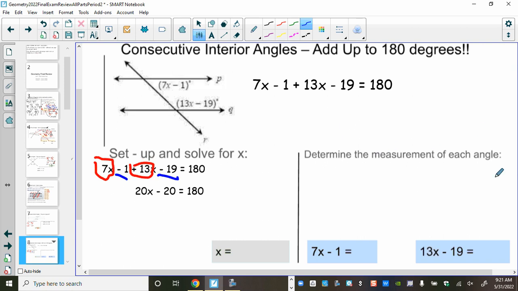All right. So -1, -19, since they're on the same side, you just bring the two negatives together. So that's why we get 20 total negatives. Yeah, 20 on both sides. So 20x